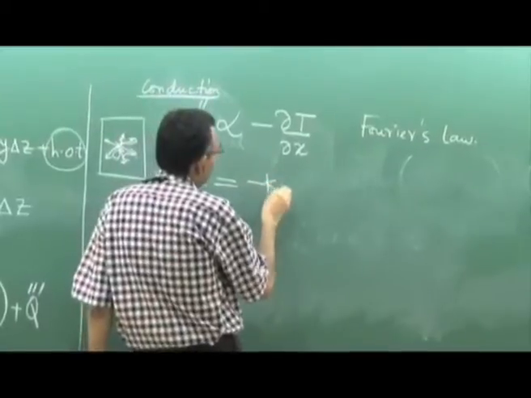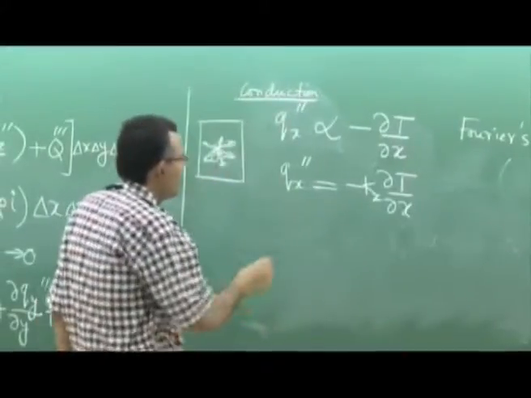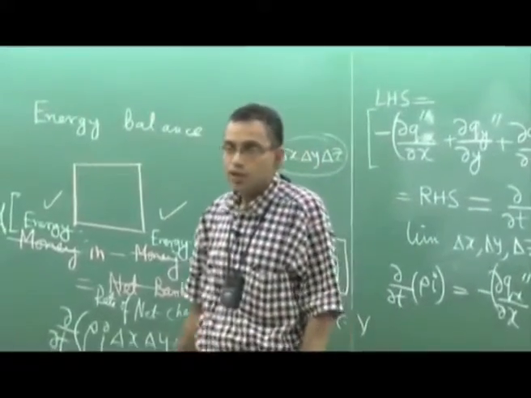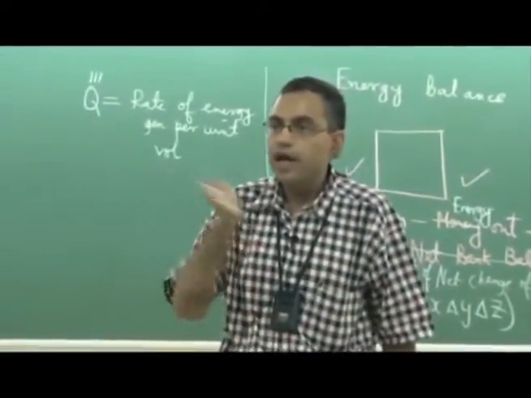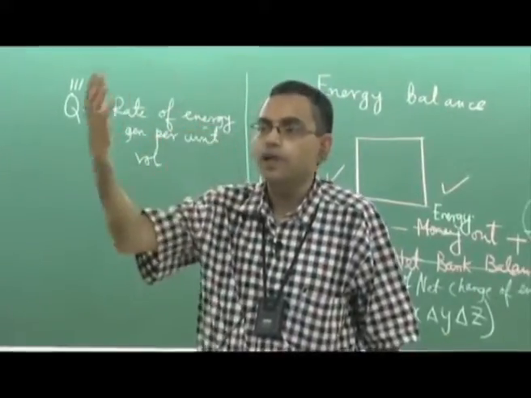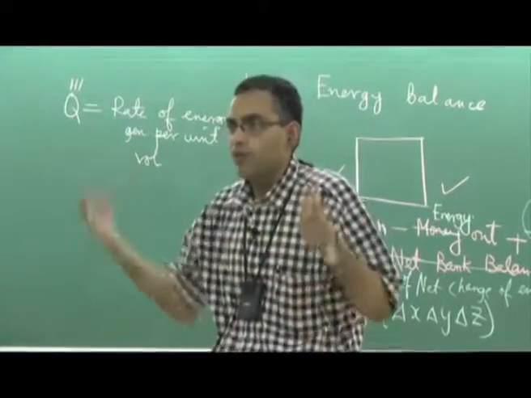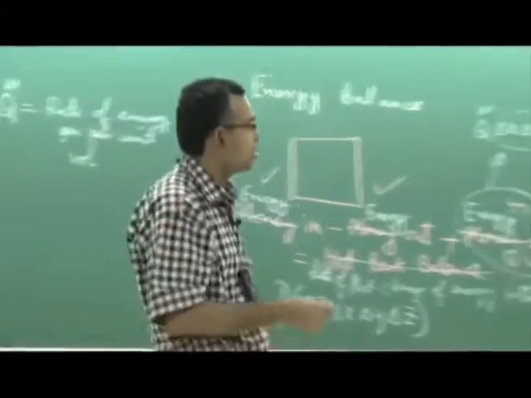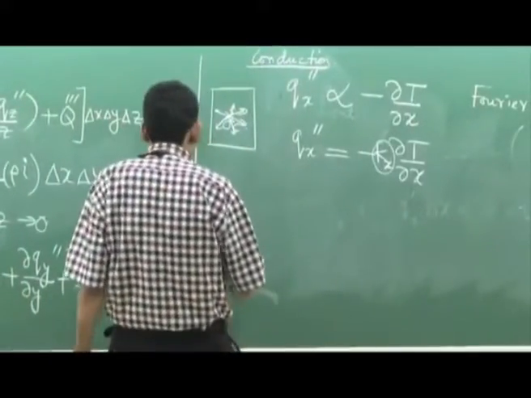Now the constant of proportionality is replaced by an equality, where this constant is called the thermal conductivity of the material. We have given a subscript x because thermal conductivity is a property which can vary with direction. So if you have anisotropic thermal conductivity, then Kx, Ky, Kz are all different. But most of the time we are dealing with materials for which Kx, Ky, Kz are all the same, and that is some constant K. So if that be the case, then you can write